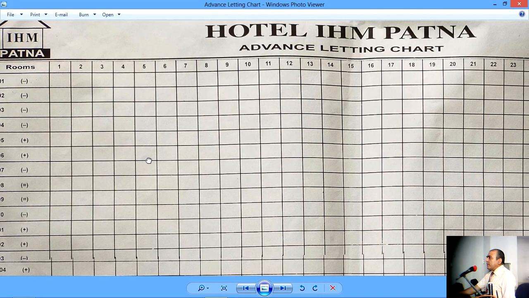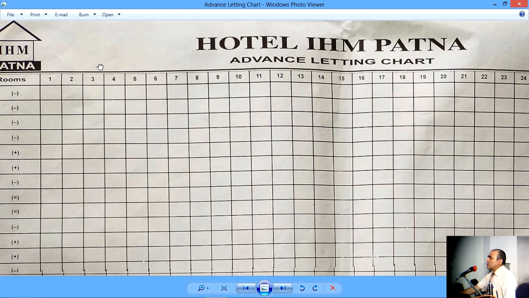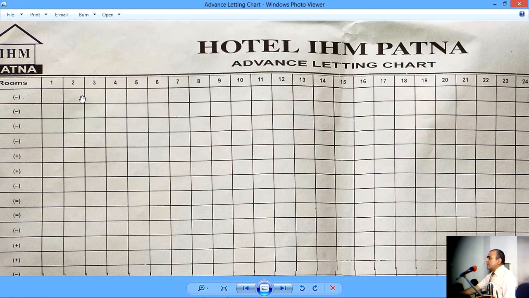So you might be wondering, why am I showing this document to you if things have changed so much? This is your history, this is your past. And if you understand your past, you definitely understand your present. And if you understand your present, then you can control your future, manage your future. So if you realize how easy or difficult the work of front office was in the past, and if you look at the work today, you can easily compare whether the work has become easier or more difficult. So without getting into much philosophy here, let me just show you how to use this chart, okay?